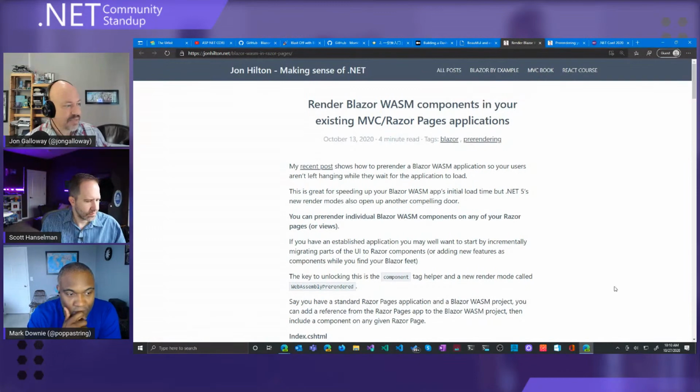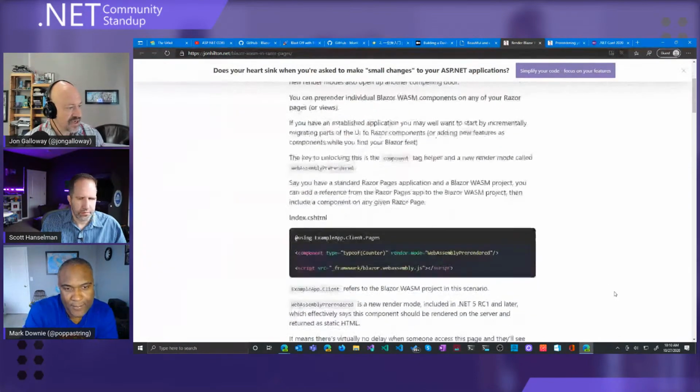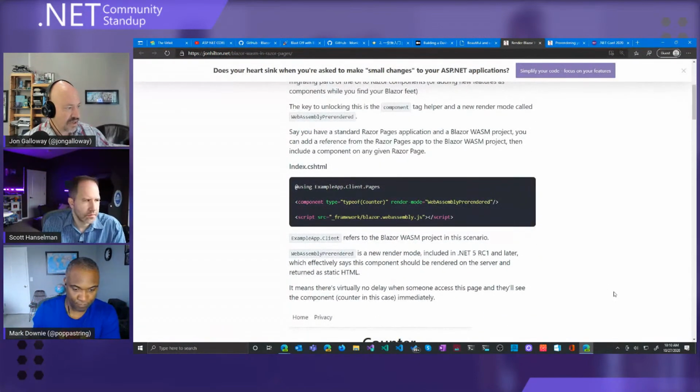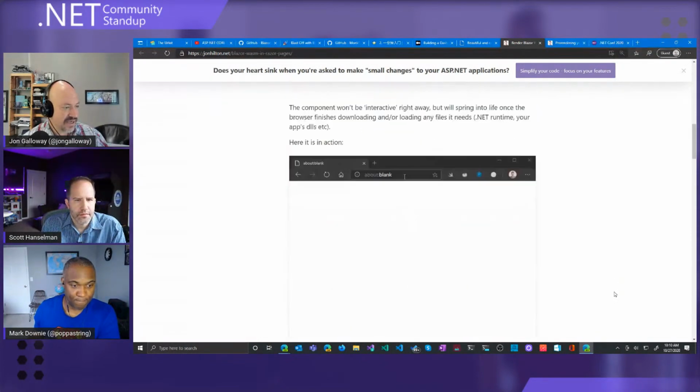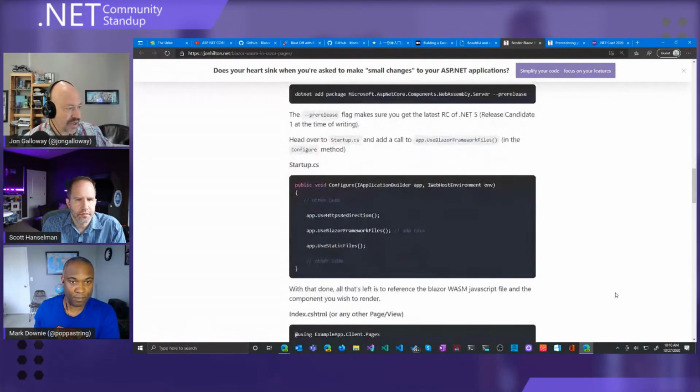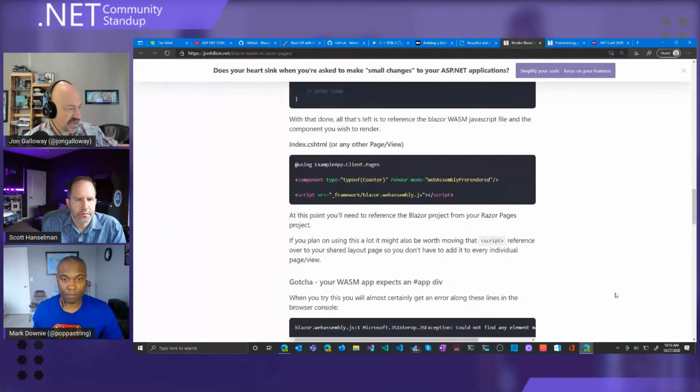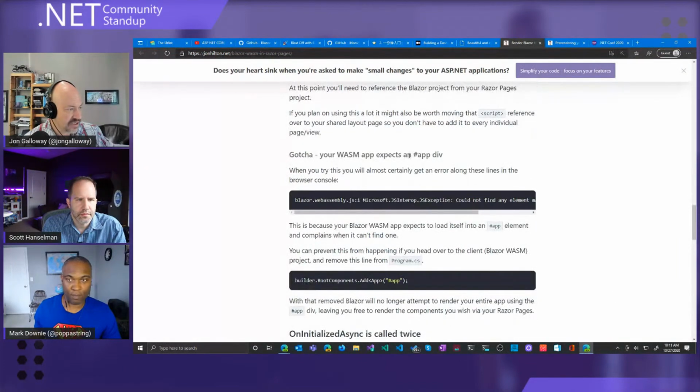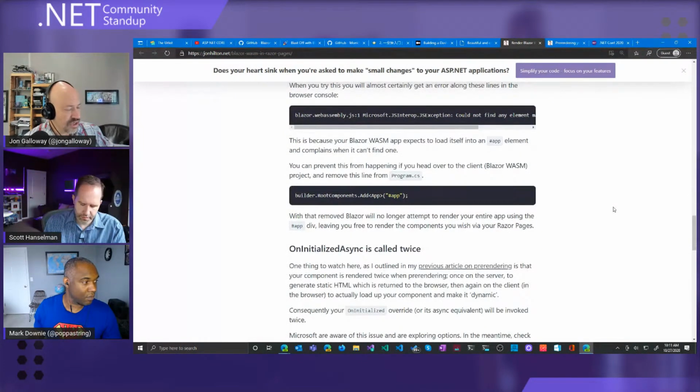It takes a little bit of doing, and he walks through a few things, but he talks about integrating it in. It's standard scripts and components. It's some static content. You do need an app div that it's expecting to inject into. So that's this here. So you need to do that.